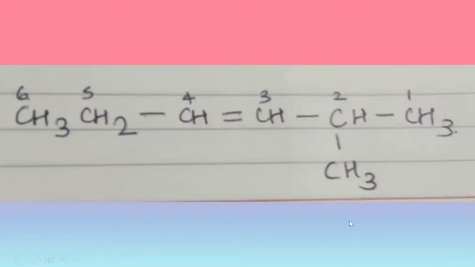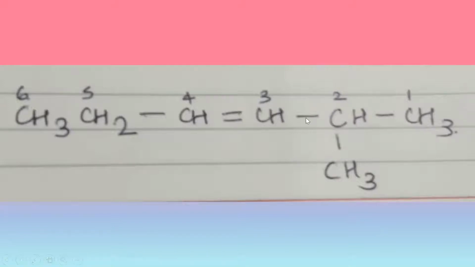So here we do it in such a way that if the double bond is present equidistant to the ends of the carbon chain, the naming is done in such a way that the substituent gets the least number. So if I go from right to left, in this case the substituent gets the number 2. And if I go from left to right, I get the number 1, 2, 3, 4, 5. But 2 is lesser than 5, and hence we take the right to left allotment.